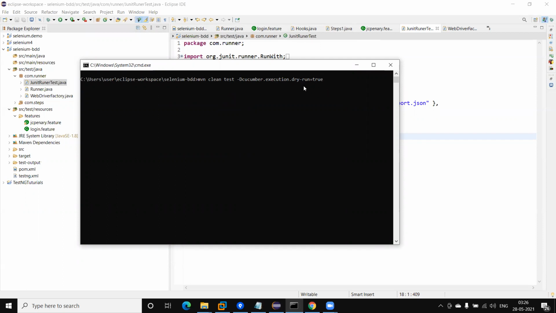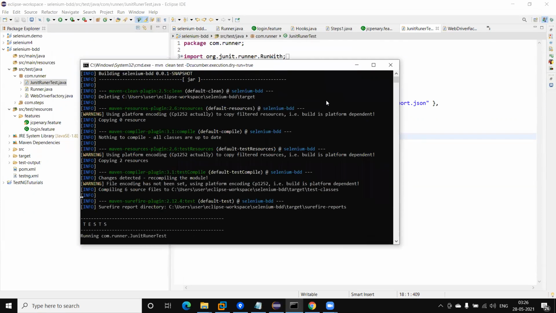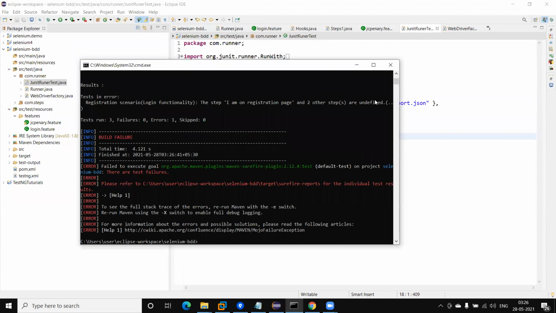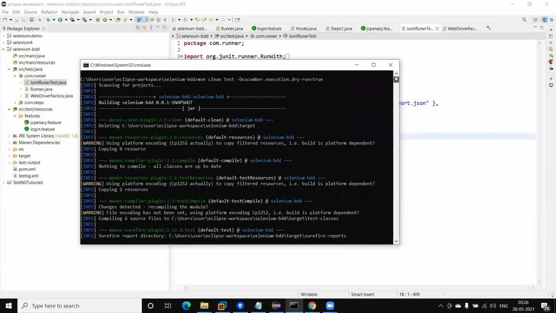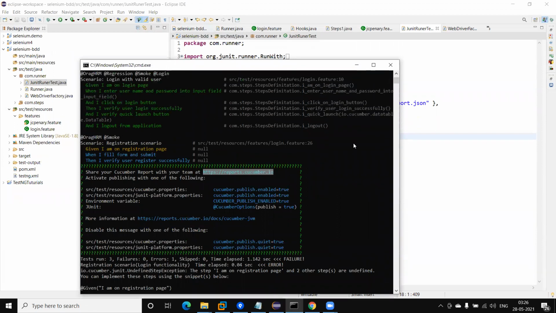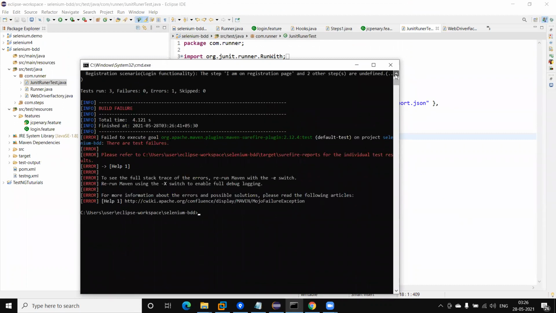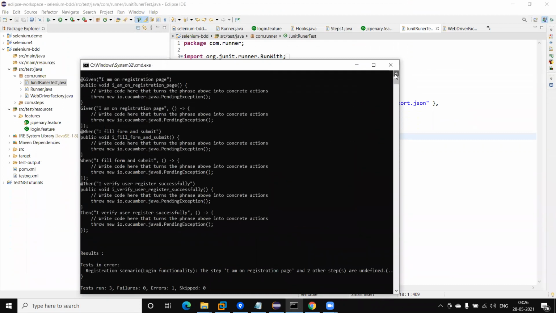Now I am going to run it using dry run equal to true, so I will pass here -Dcucumber.execution.dry-run=true. If I run the test, this will compile the test features and give us the missing steps. It does not execute the test, and you will get the missing steps on the console. Let me show you. These are the missing steps.